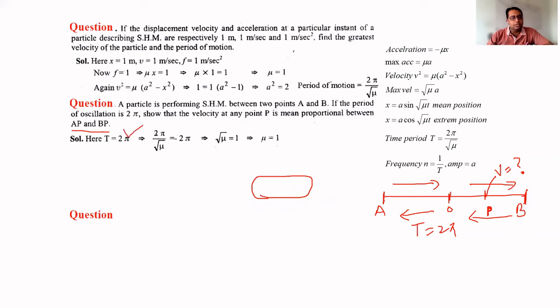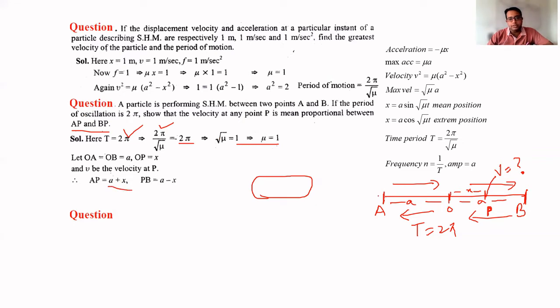So we are given T is equal to 2 pi and the value of time period is 2 pi by root mu. From here we get the value of mu. Now OA is equals to OB because these are the endpoints. So let us suppose the amplitude because it was equal on both sides. So OA equal to OB is equal to A, and for OP it is X. And let V be the velocity at P. Now what will the AP distance be, because we have to prove V is the square root of AP into BP.